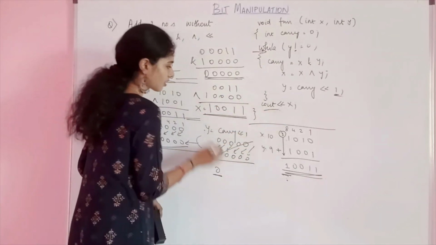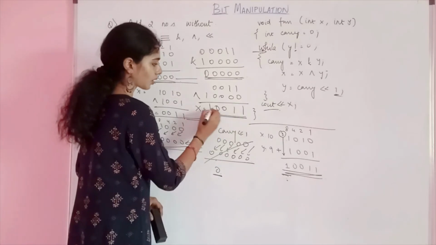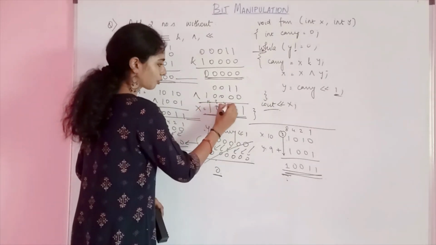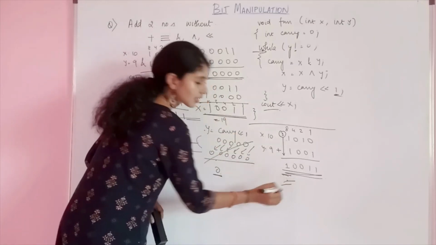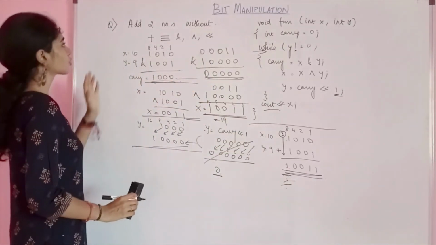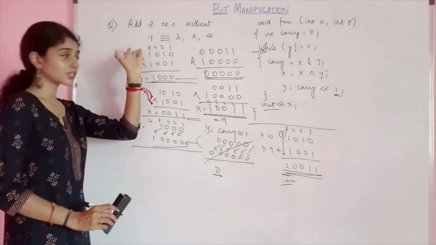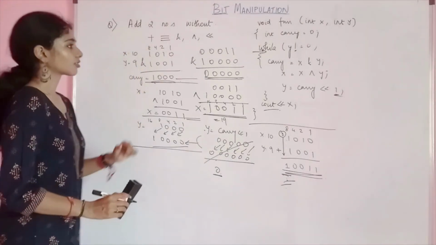So you'll see our x. And what is the value of x? 1, 0, 0, 1, 1, which is what? 16, 8, 4, 2, 1. So 16 plus 2 plus 1, which is 19, which is the required answer. Alright, so we have added two numbers without using the addition operator. Very well, guys. So let's have,